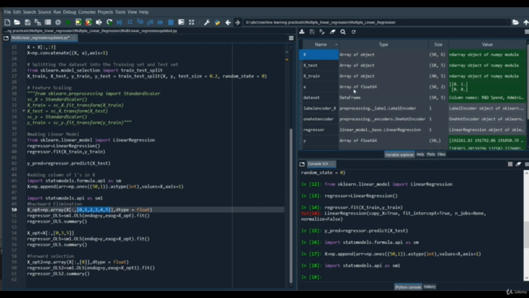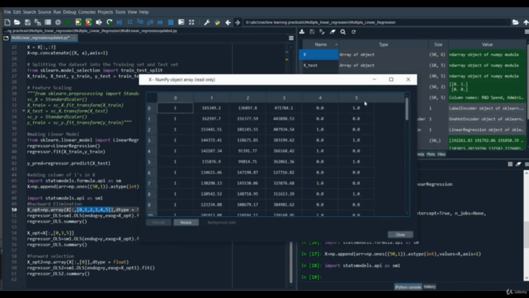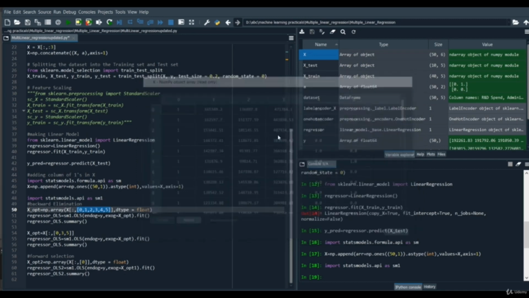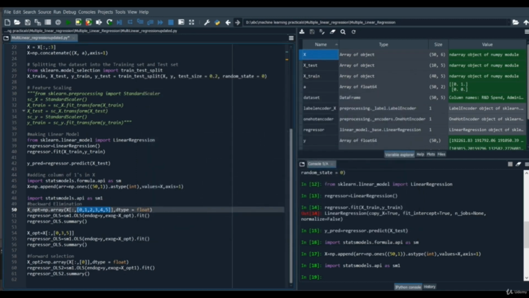In x there are around 6 columns, from 0 to 5. These are the independent variables, so we are going to use 0 1 2 3 4 5, and then we are going to assign dtype equals to